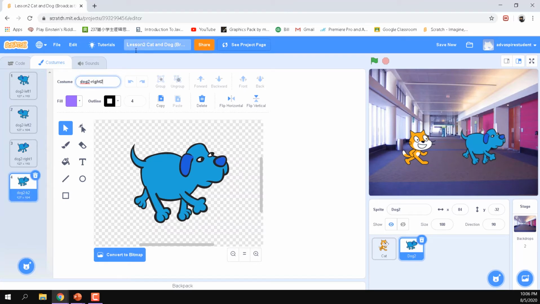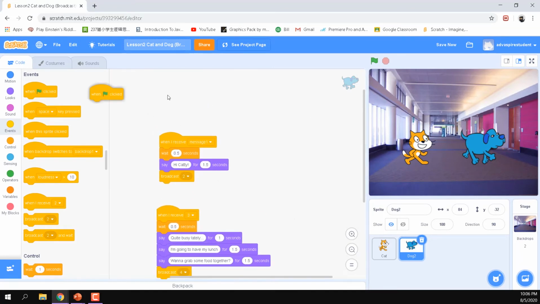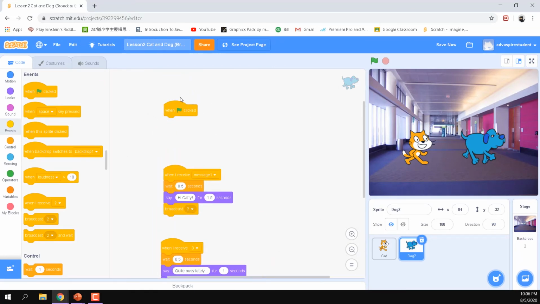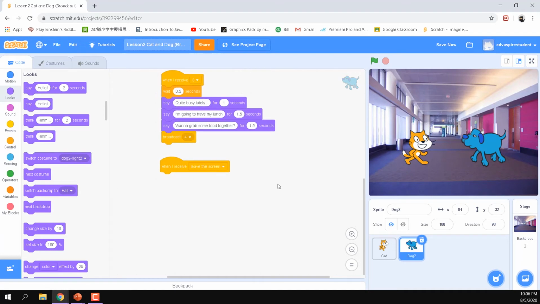Yeah, there we go. So the first thing I want to make, when we click the flag button, he will start from facing to the left. I don't want it to face the right side because the cat is going to have a conversation with the dog. So let's get it done.